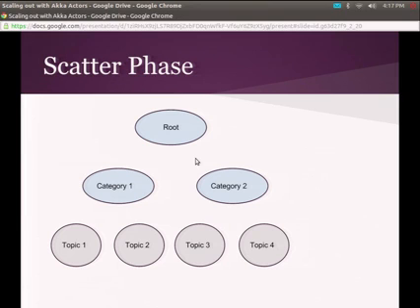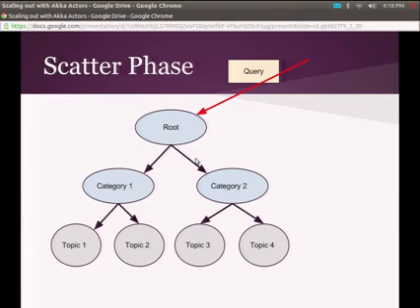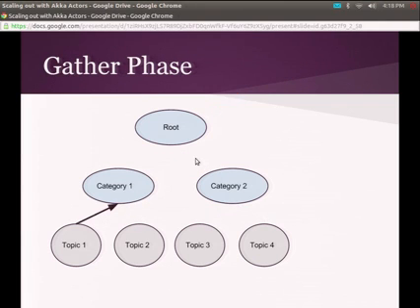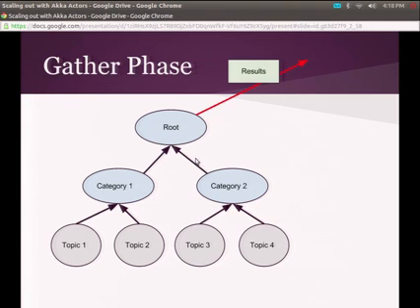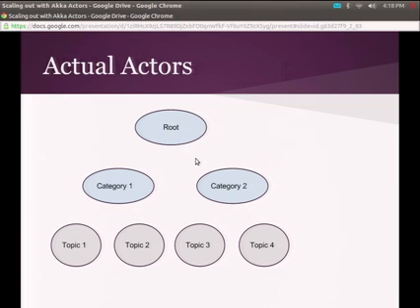Okay, so let's remember what this all looked like. All right, here's the scatter gather. When I get in a search query, I send it down to subcategories. They send it down to their topics, okay? This is how the messages flow. These messages then come back asynchronously from the topics whenever they figure out what's in their index. And the category, or I should say the gatherer, sends those messages back up and we send the results to the user.